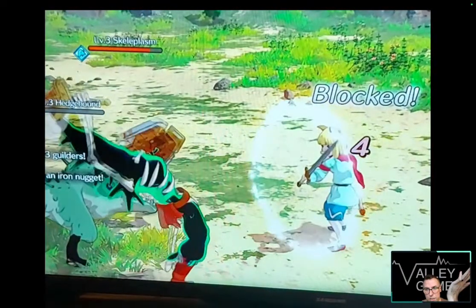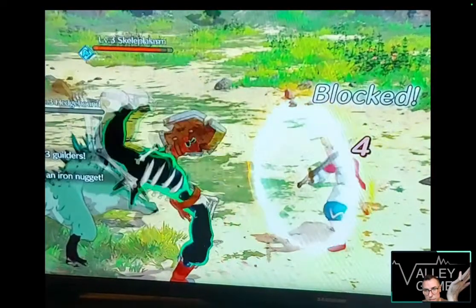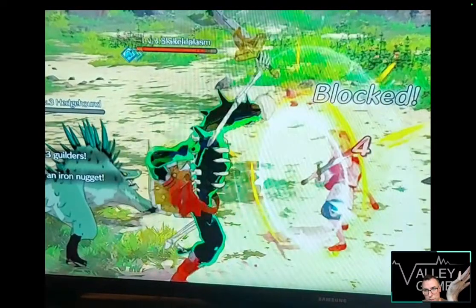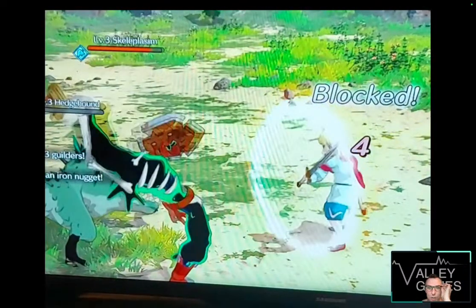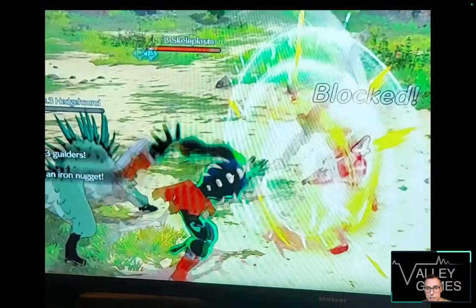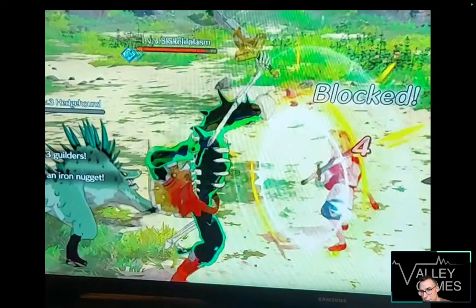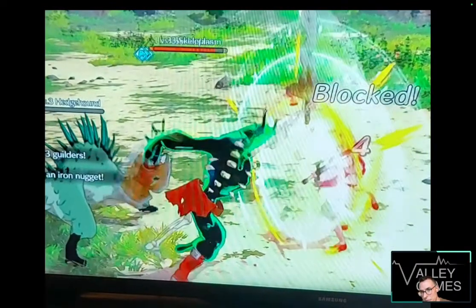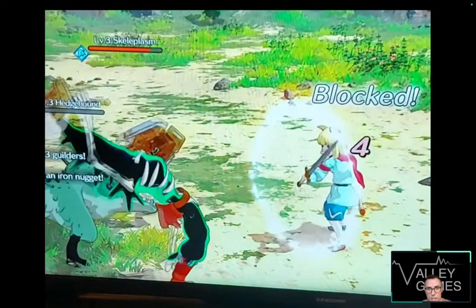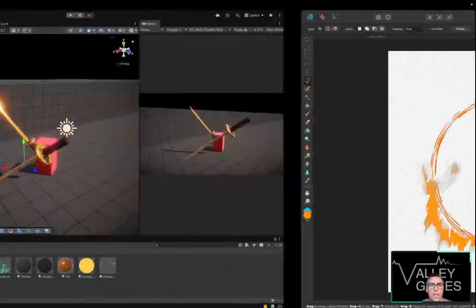I'm seeing a little bit, this shield thing is actually distorting the character. So we got some interesting stuff there. We could use shader graph to make a custom shader that just messes with the fragment here and just creates a little bit of a bend of the light. That would be kind of cool. Now that's kind of extra, but that'd be kind of fun. All right, cool. So